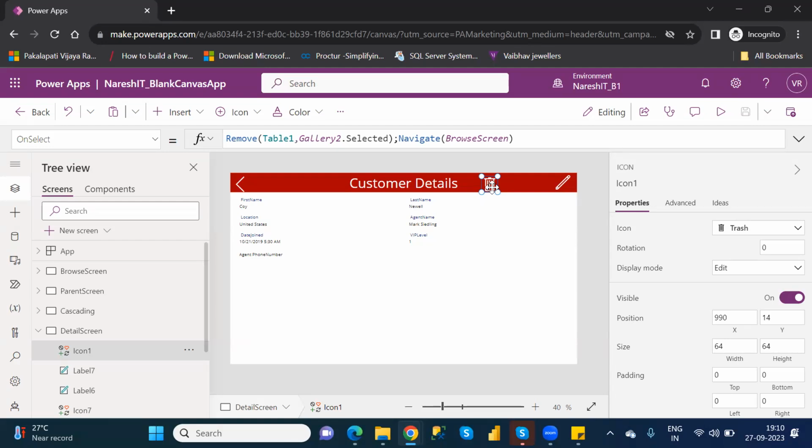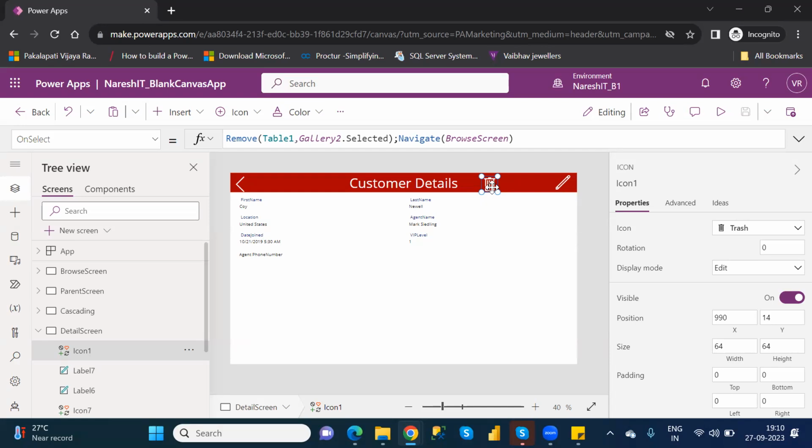For that, we have to implement a prompting or confirmation message. Let's see how we can implement the confirmation message in Power Apps.